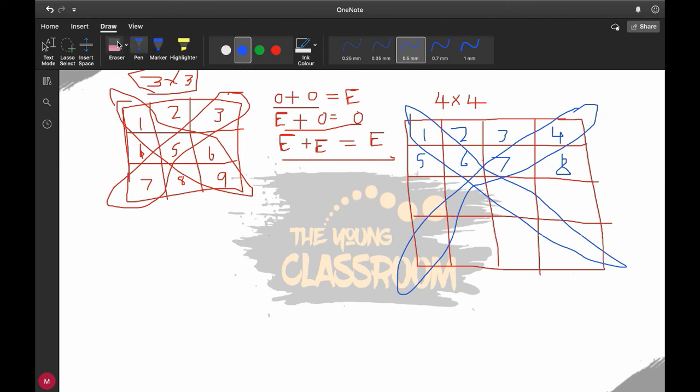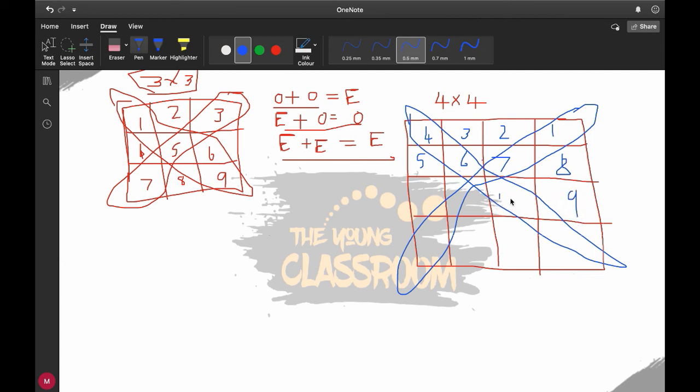So instead of this, I'll be doing just a short change. I'll be keeping 1 here, 2 here, 3 here, 4 here. So 1, 2, 3, 4, 5, 6, 7. Now on this diagonal, if I keep all the even elements, see what will happen.